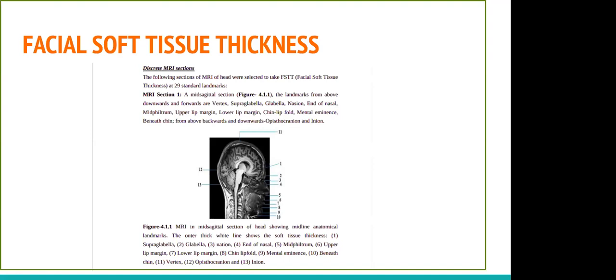Whether it is 3D reconstruction, superimposition, metric sketching, or computer-assisted reconstruction, these nodal points are very important. There are certain landmarks on the face, like the nose tip, that move. They are affected by changes. For example, if you're smiling, the position changes. Similarly, the corners of the mouth change when you're smiling, when you're frowning, and when you're neutral. These kinds of landmarks you can't use to base your identification study on.